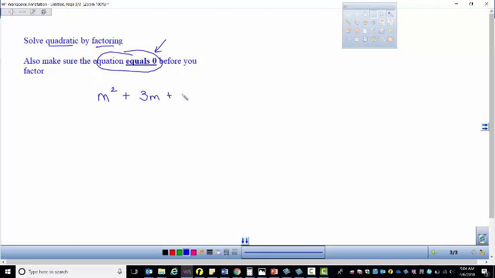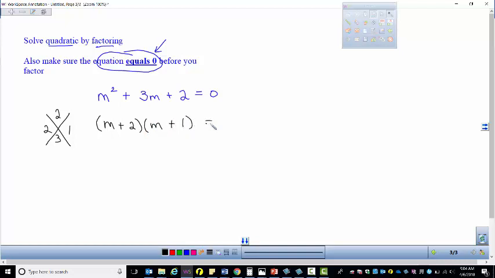It says m squared plus 3m plus 2 equals 0. So our equation equals 0, so we're good there. And what we're going to do is we're going to factor, like we have been. So factors of 2 that add up to 3. So that would be 2 and 1. So you have m plus 2 and m plus 1,